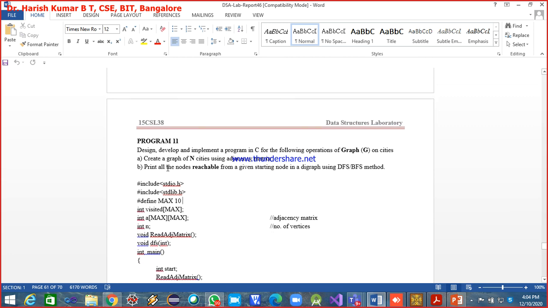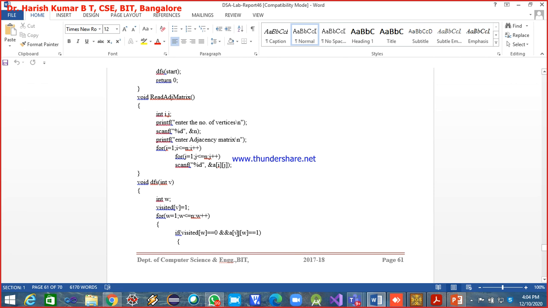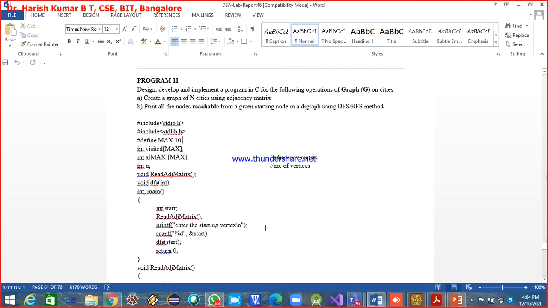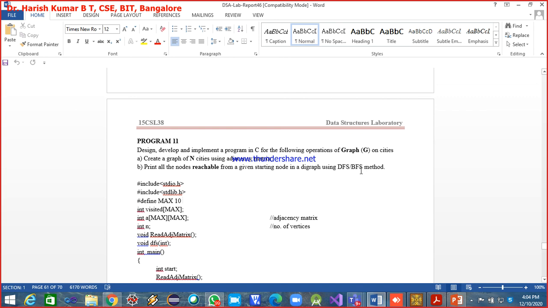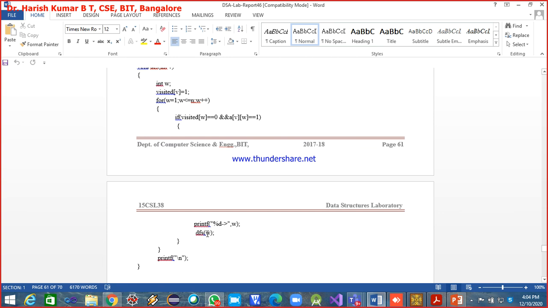The program is to print all the reachable nodes from the given starting node using the DFS or BFS method. Any one method you can use. Since with recursion you don't have to explicitly create the stack, because whenever you call the recursive function, the stack is already there, implicitly the stack gets created. If you are going for BFS, then explicitly all this queue, rear end insertion, front end deletion, all these things you have to do manually. Since DFS is easier than breadth first search, we have written this program using the DFS technique.